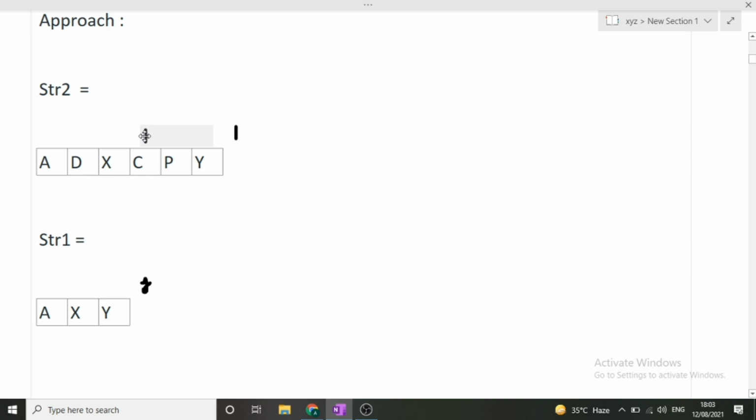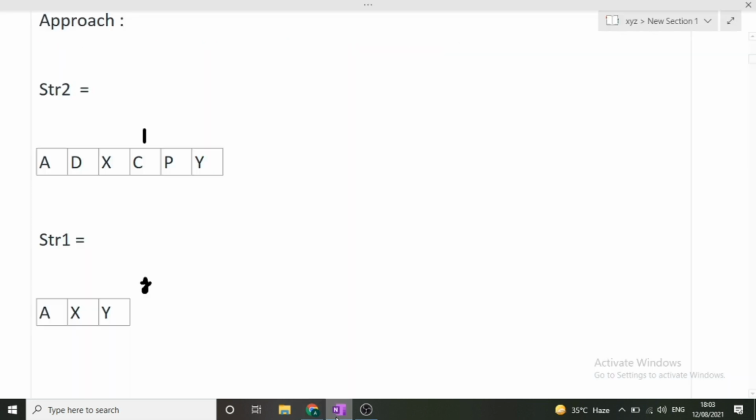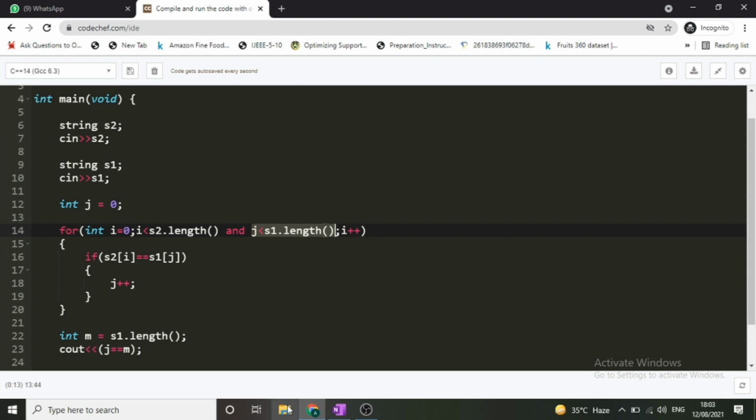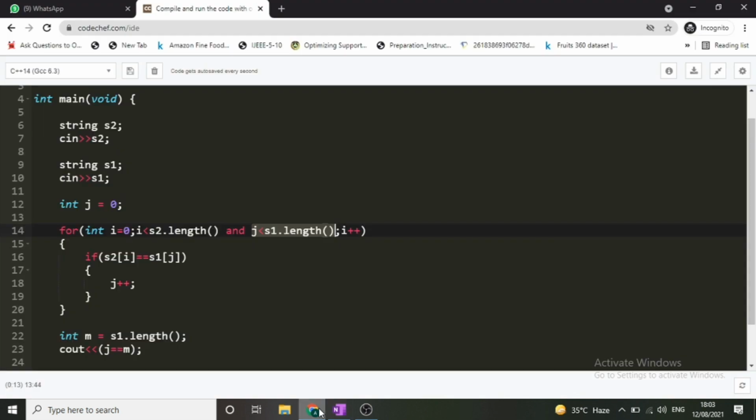Let's suppose our I pointer is here, and till now we have found all the characters which were present in str1, and now our j variable is pointing here. It means that this entire string 1 is present in string 2, keeping the relative ordering same. So this can also be the scenario. For that we have taken the second breaking condition, that is, if our j is less than s1 dot length. If this condition fails, the for loop will break and no more comparison will be made, because it is not possible to compare with the null values.